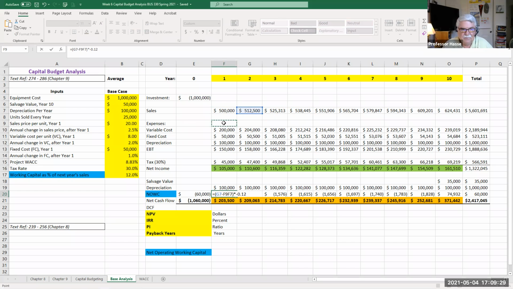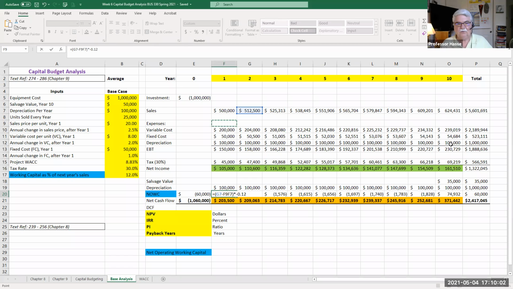I took the variable cost of $8 a unit times 25,000 units produced. That's 200,000. And I inflated that at 2% inflation every year to about $2.19 million of variable cost expense. The fixed cost was $50,000. Remember, fixed cost is a total dollar amount, not on a per unit basis, 50,000. And I inflated that 1% every year